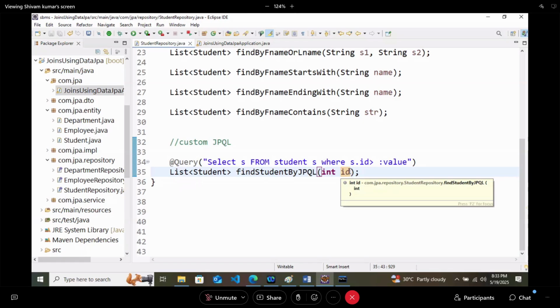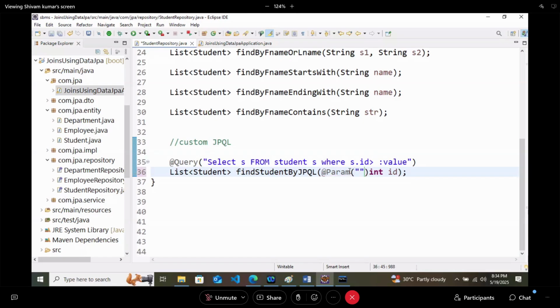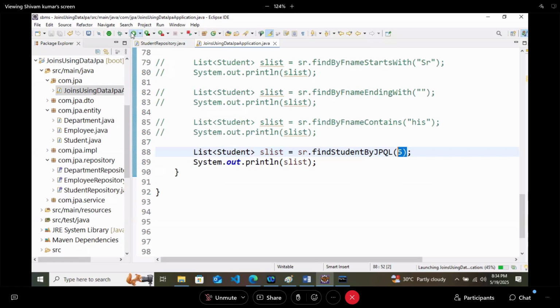But if you are writing JPQL, for whose value is it? So here you have to provide an annotation that is called Param, and it stands for parameter. Now Param will have a string value, that this int id you are providing is for the parameter value. Got it or not? We'll execute the code again,